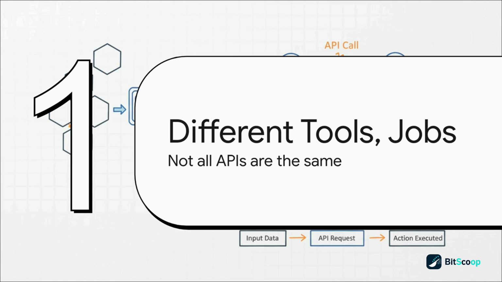Right, but here's the thing. Just like waiters can be different, the waiter at a casual diner is different from one at a fancy restaurant, not all APIs are built the same way. They have different styles, and picking the right one is a huge deal for how well an app performs. So let's get into the most common types.